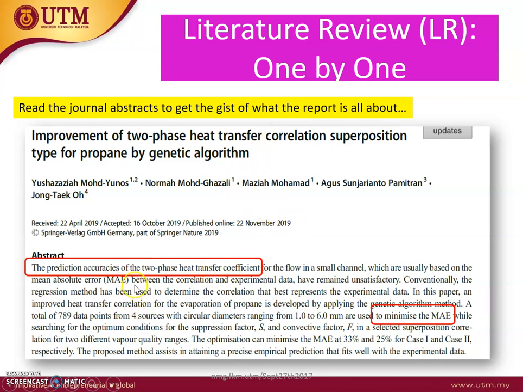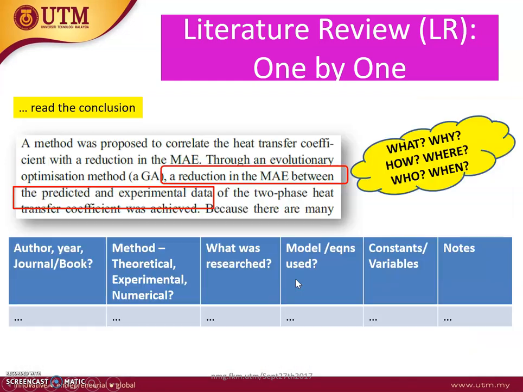So this abstract of the particular sample here shows the prediction accuracies of the two-phase heat transfer coefficient. The objective is to minimize the mean average error. And then you read the conclusion. So the studies have managed to reduce the mean average error between the predicted and experimental data. So you have then identified what the researchers did, why, to reduce the error, how, using genetic algorithm, where is